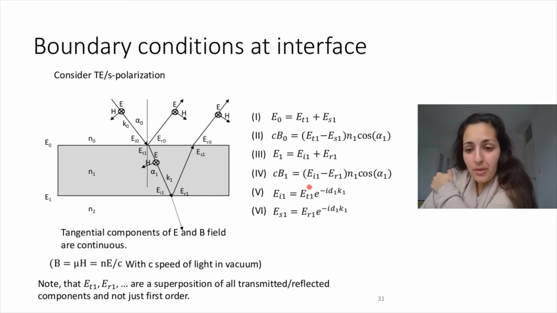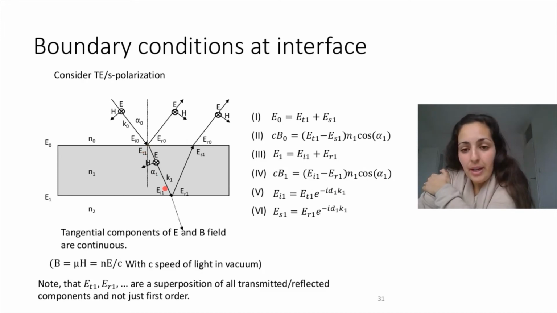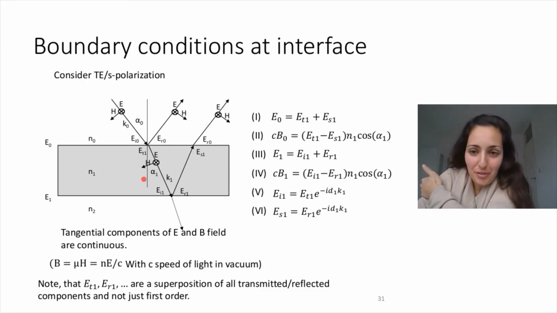And the reason why this phase effect is important is because we are always talking about coherent light in this system. Whenever we talk about transfer matrix, we are always assuming coherent light, so that the phase relations stay constant. So this term here gives us the phase relation between the light here and the light here. And why is this important? Because that will tell us if, for example, our thin film will lead to constructive or destructive interference. So keep in mind that these are the terms that tell us this whole phase relation, and that are very important,